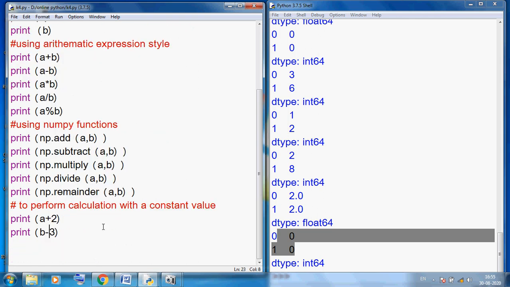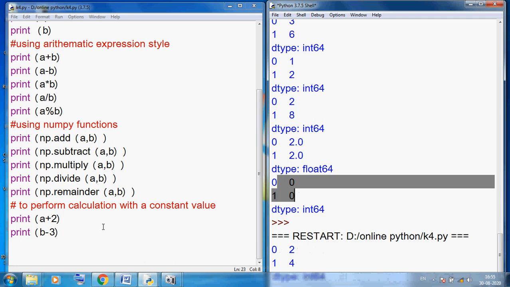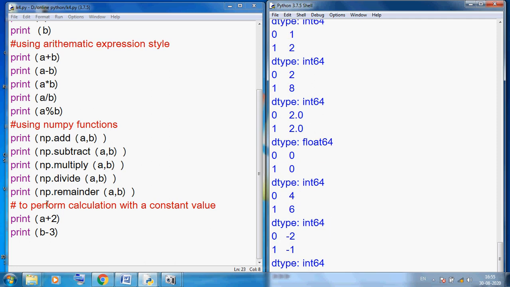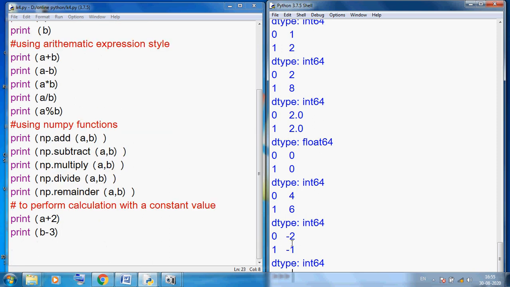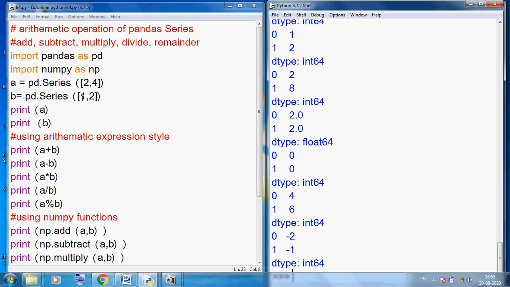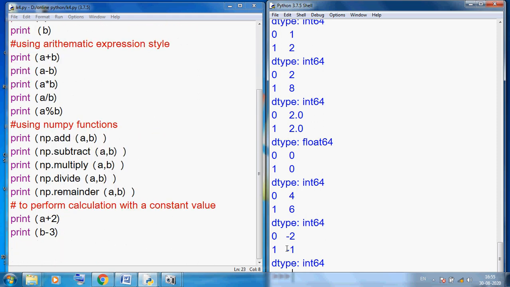So we can also perform with a constant value, or scalar value. You can see the result 2, 4. B minus 3: B first is 1 minus 3, so minus 2, and B second is 2, so 2 minus 3 is minus 1.